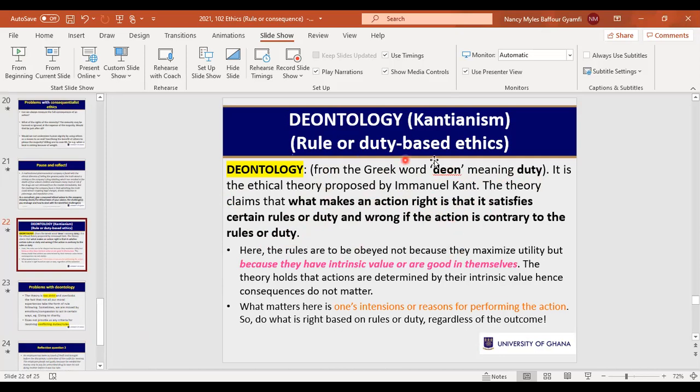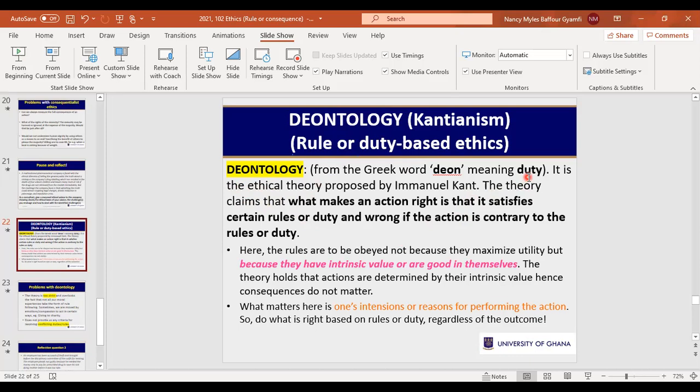And this alone, you see the principle of universalizability, the golden rule: do unto others what you want others to do unto you, and all that when you engage moral philosophy proper. Okay. But what should you know for this level? Know that deontology is based on duty. So you act and your action is right only if you acted on the principle of universalizability. You did it because if you were in the person's stead, you would have wanted the same.